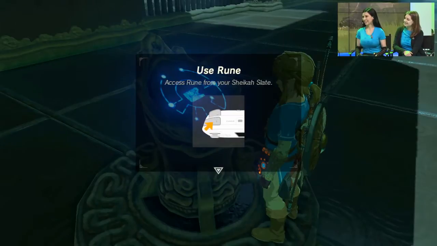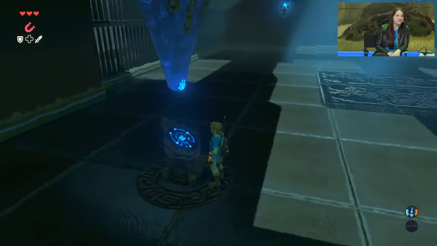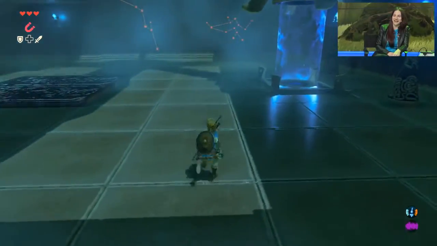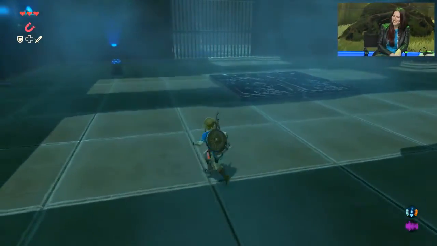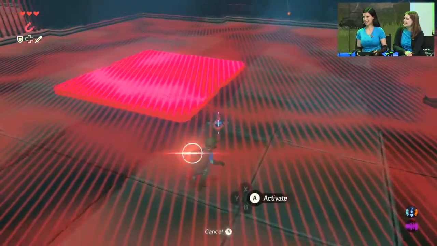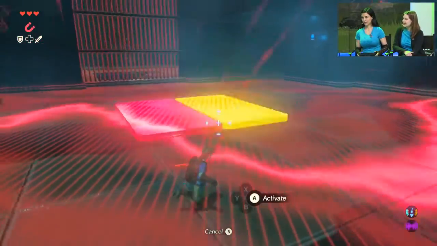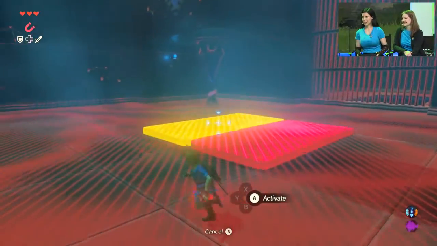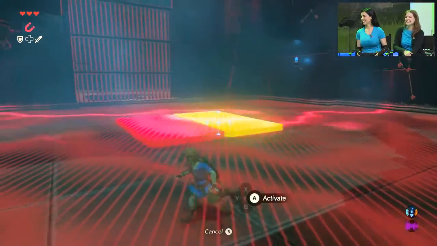I gotta say, after seeing this, updating my devices feels kind of lackluster, honestly. Agreeing to a terms of service agreement just doesn't have the same flair as that. Why don't you let me do stuff? It's like the Sheikah slate allowed you entry into here. Now you got all these special powers on it too. I want to be able to put my phone down and just have this magic Sheikah